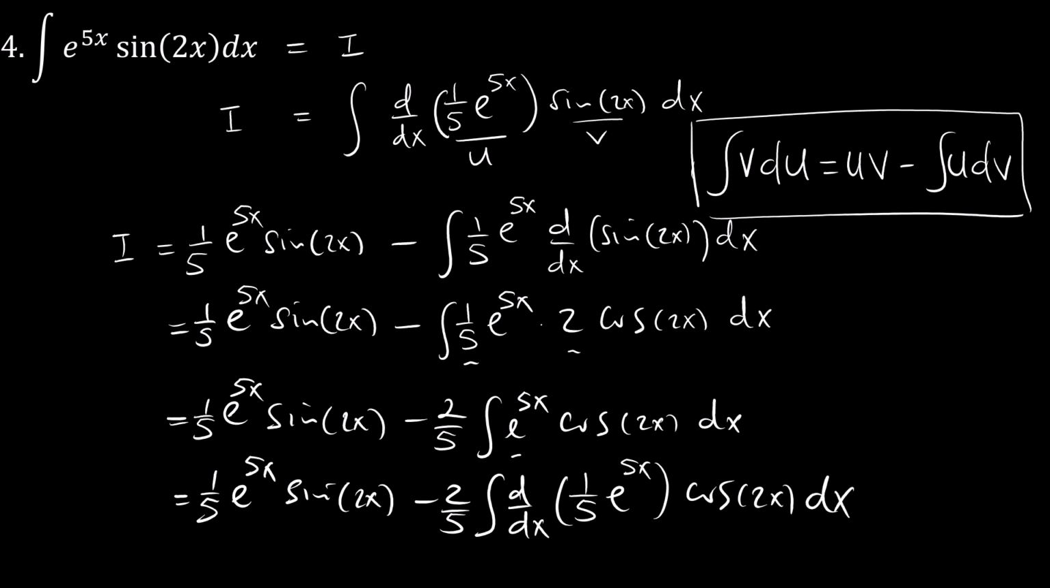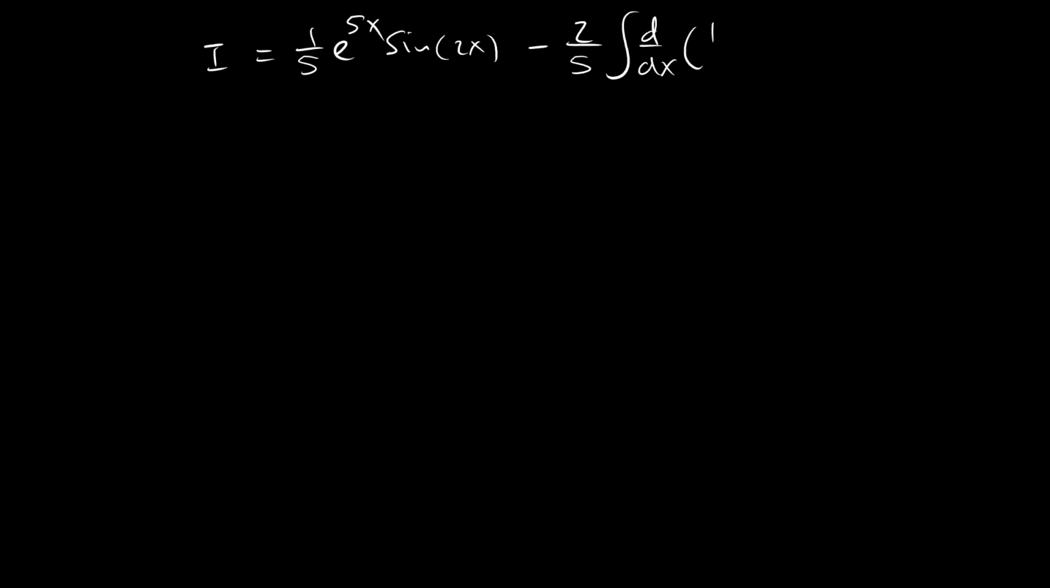That means that we've come to a point where I is the same as a fifth e to the power 5x sine 2x minus 2 over 5 the integral of 1 over 5 e to the power 5x cosine of 2x. So using integration by parts again, we have